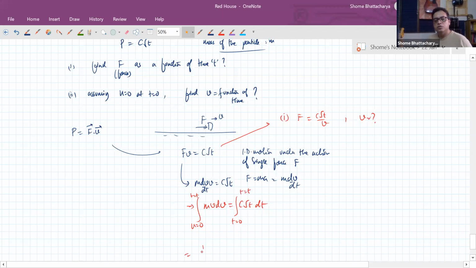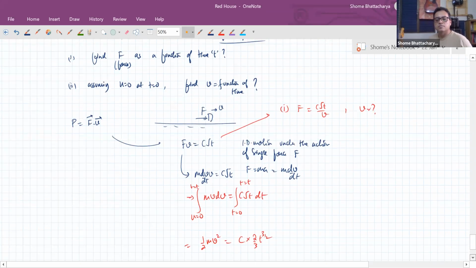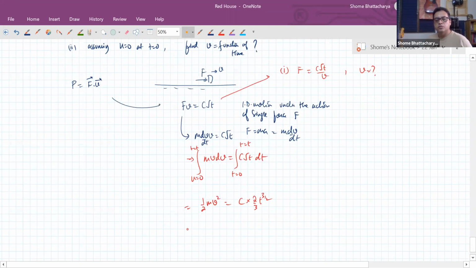So half mv square will become like this. So further our v will become square root of 4 by 3 C by m t to the power 3 by 2. So therefore our force